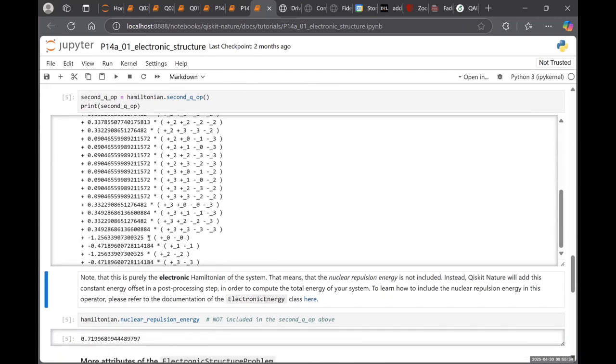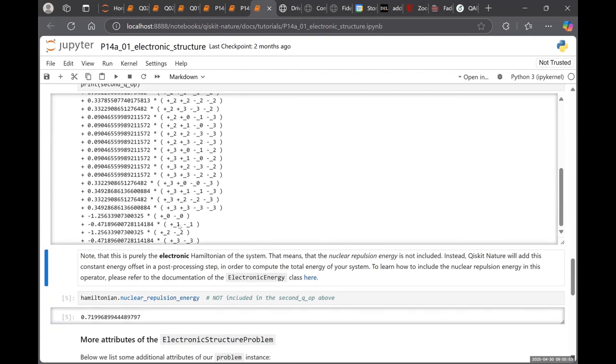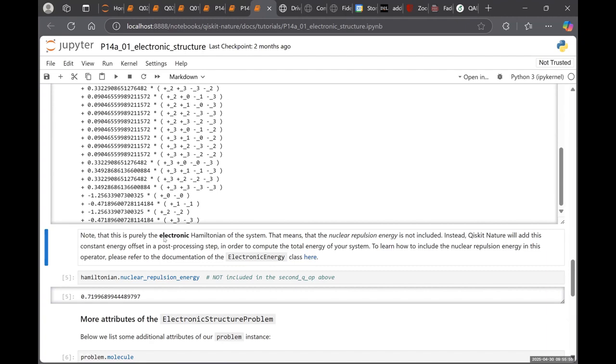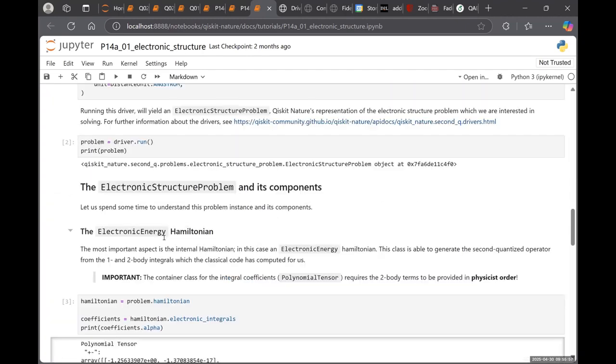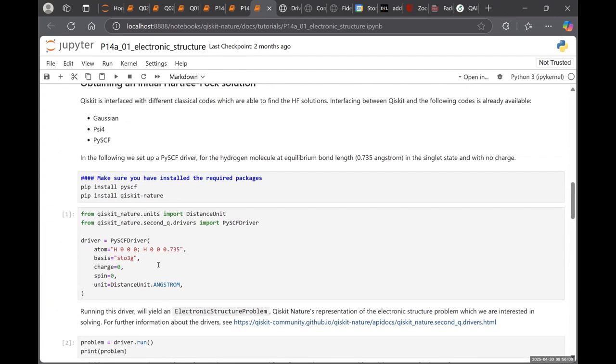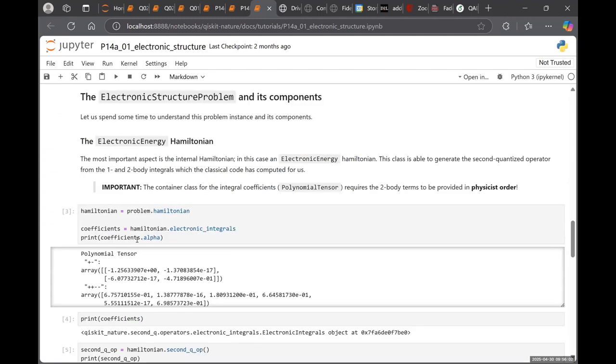Okay, so these above are for A dagger, A current, and this is like two-body. So these are two-body, and this is one-body, A dagger, A, and these are the coefficients. So basically running this code here allows you to